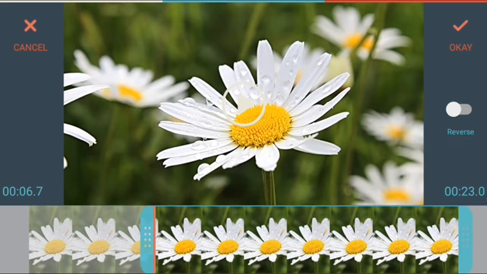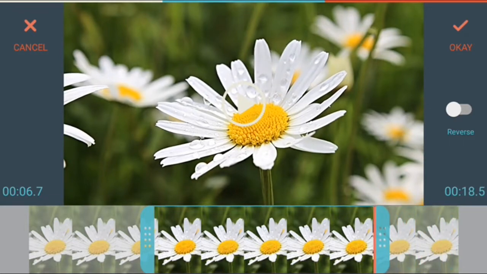Now here in this example, the left portion of the video clip will be cut up till 6.7 seconds. Similarly, if I move the right slider, the right portion of the video clip is also trimmed off from the video clip. That is, the center portion of the video clip is only taken as a final video.